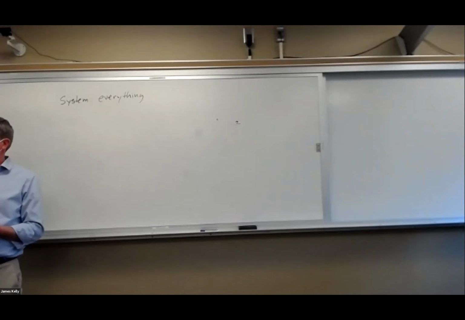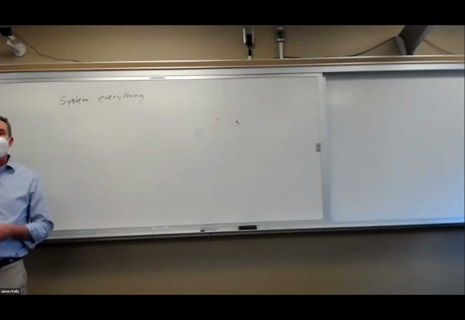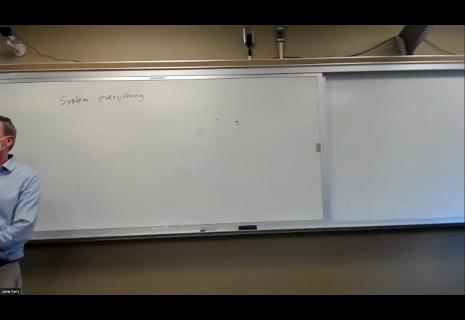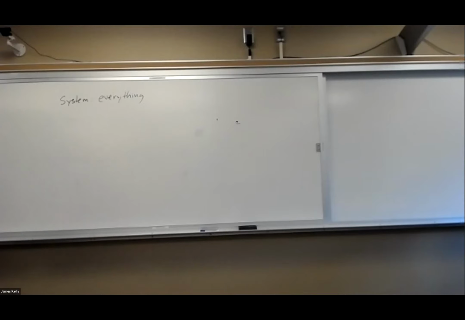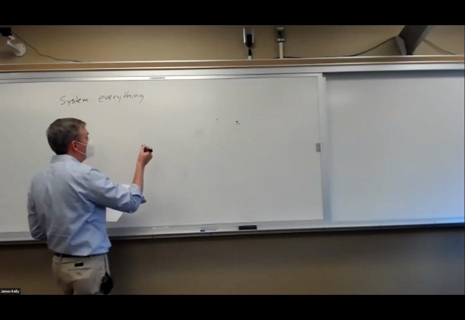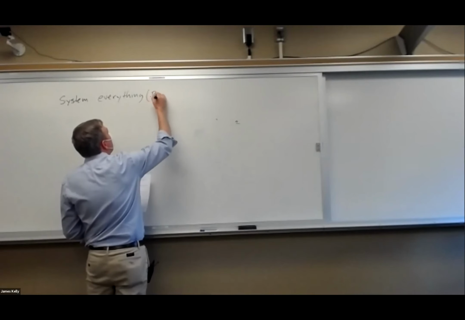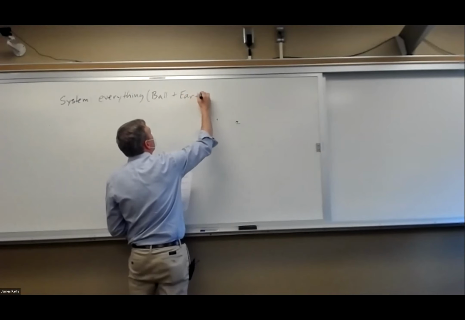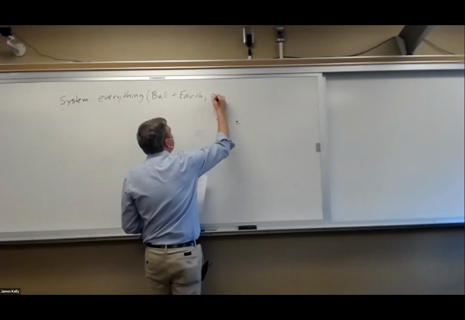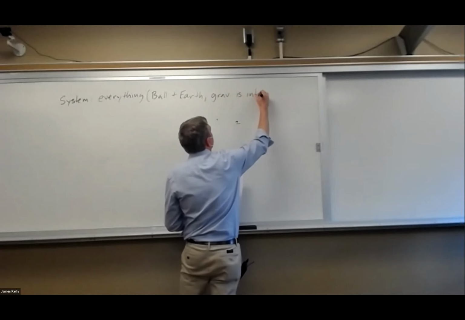Not only the ball, of course, but Earth, because Earth is what's pulling on the ball and slowing it down. So I'm going to throw the ball and Earth in my system and make the gravitational force between them be an internal force, associated with which there's going to be a potential energy function. Okay, so this means ball plus Earth